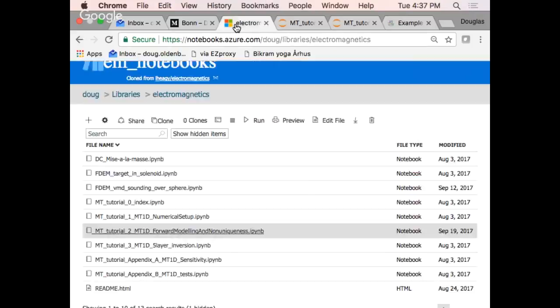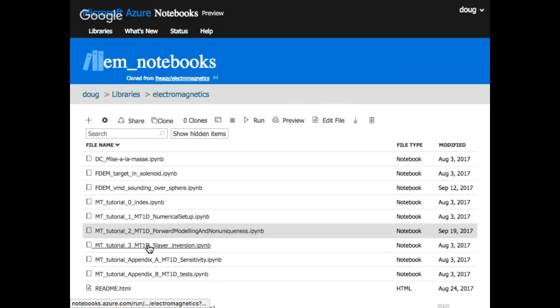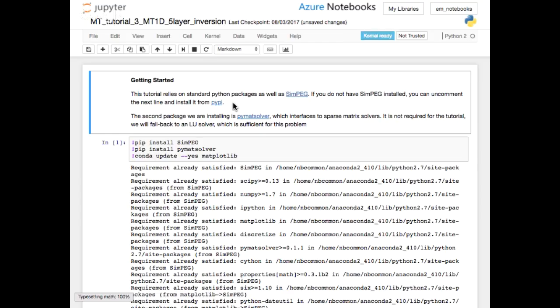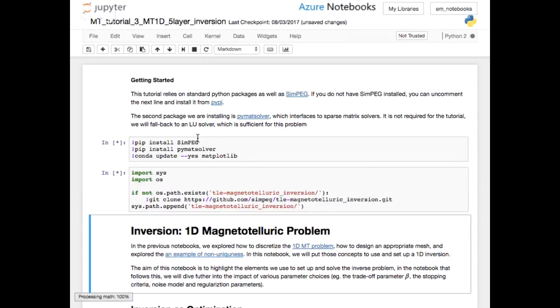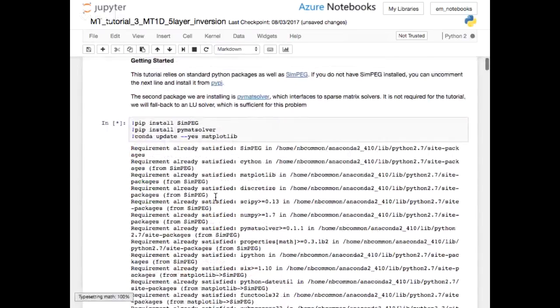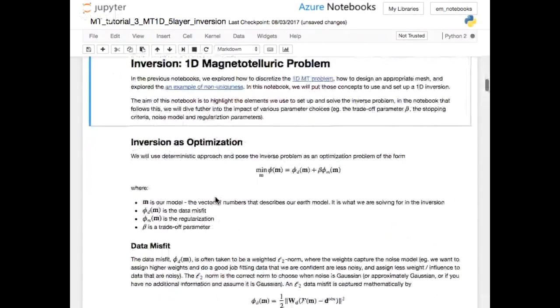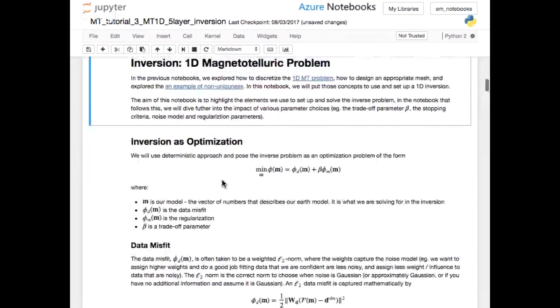Okay, the last one that I want to show you is a 5-layer inversion. What we're going to do here is assume that we've got our forward modeling, we know how to properly set up a mesh, and we've calibrated a few of our expectations about what we can get out of an inversion. Here we again bring in the packages that we need. The way that we set up